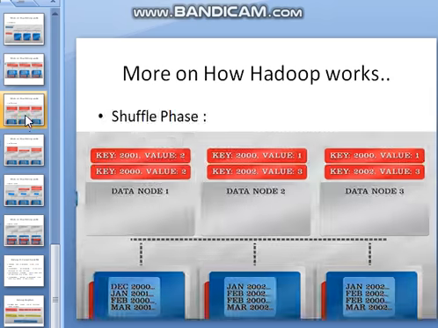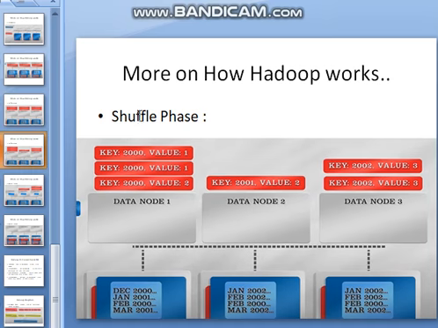Now comes the shuffle phase in Hadoop, which is also one of the main key features. All those key values are shuffled and stored in one place. As you can see, all the individual years are separated and stored